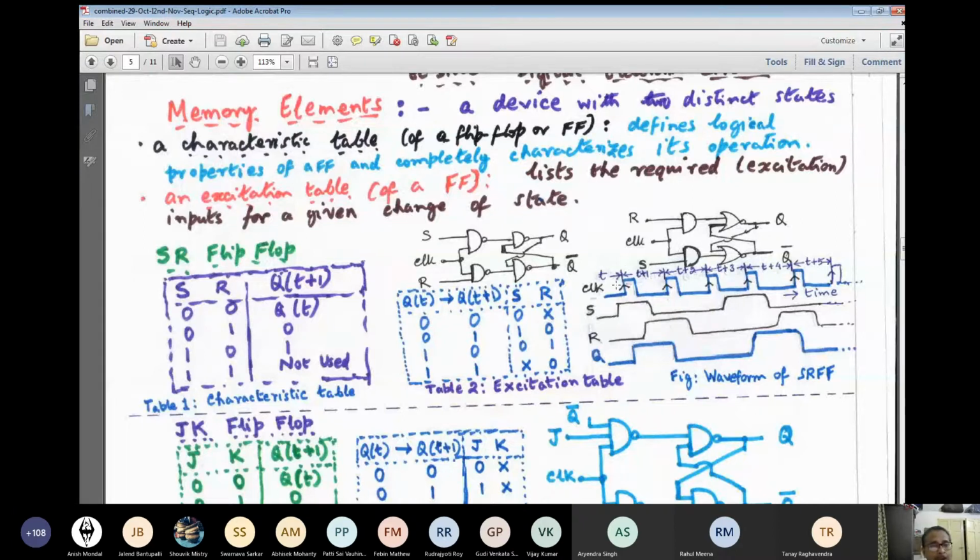So if S, you see that just prior to the appearance of a 0 to 1 transition, S has undergone a change from 0 to 1, whereas R remains 0, right? So this is the positive edge, the active edge. One setup time before that, S has become 1 from 0, whereas R remains at 0. Then looking at the function table, S is 1, R is 0, so the next state will be Q equal to 1.